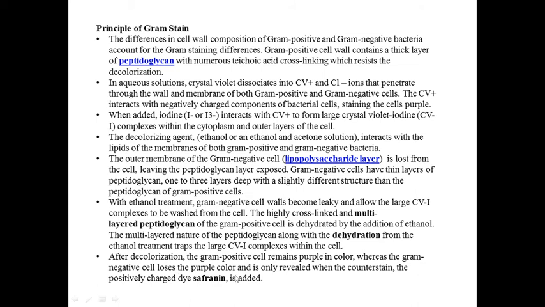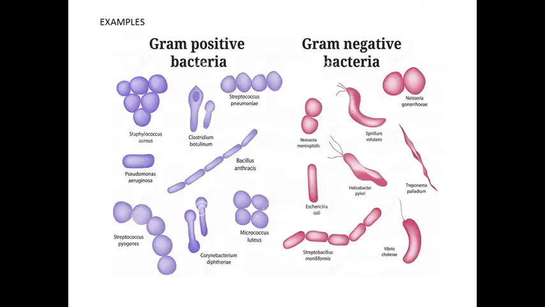But to observe the gram negative cells, we are supposed to apply another stain, that is the counter stain of contrast color. So safranin is added. Crystal violet stains the cells purple, so the counter stain is of contrast color, safranin, which is red in color. So that is added, and all the cells get stained. Gram negative cells get stained by the safranin, so you can observe the gram positive bacteria purple in color and gram negative bacteria red, or we can say dark pink in color.